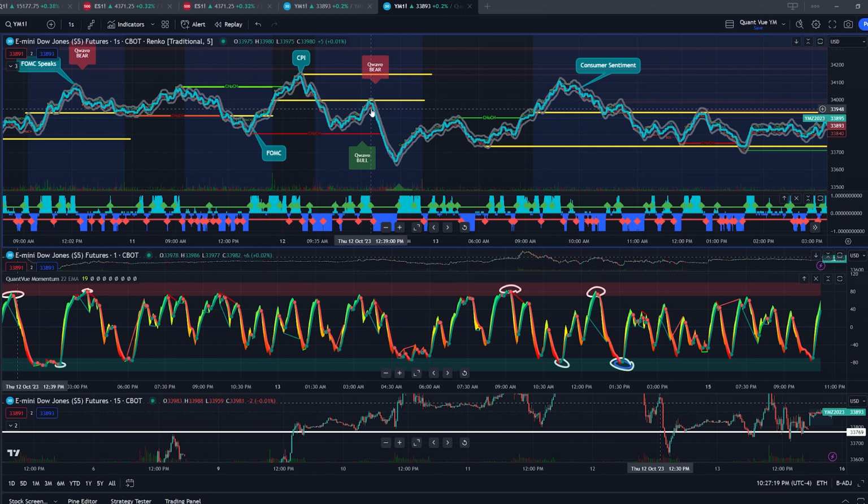And then once it bounces or rejects off that overnight low, what are we going to do when we get the Q wave bear signal? That's a beautiful trade. We're going to totally trade that. Where are we going to make our first take profit? Look at the previous day. You can make the previous day low,